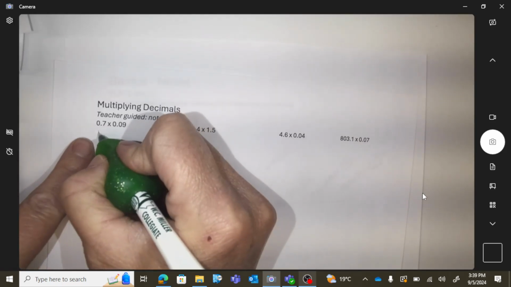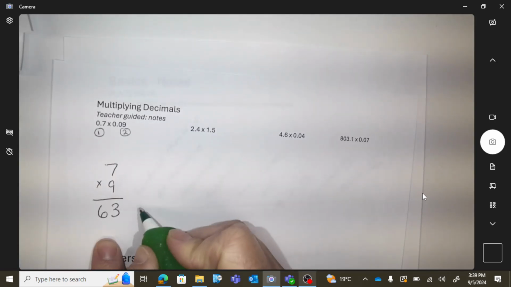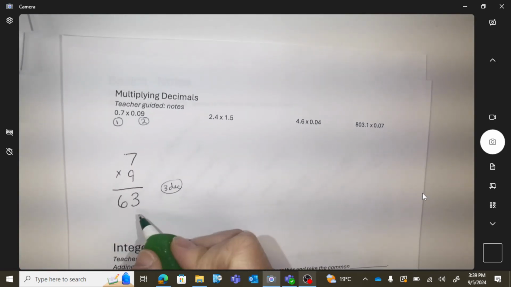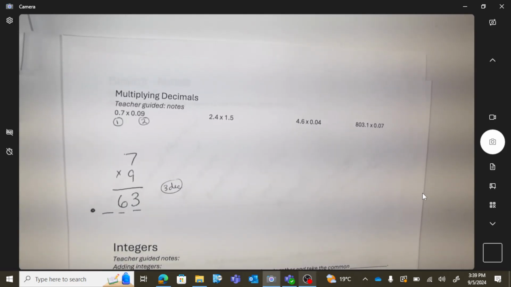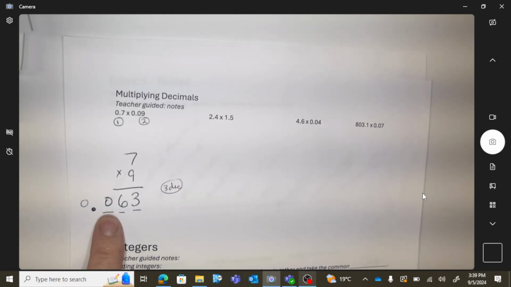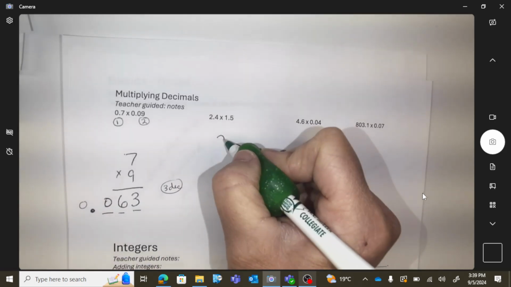So this one had 1 decimal place. This has 2 decimal places. So our final answer should have 3 decimal places. So 1, 2, 3, and then the decimal. So I'm going to need to put a 0 in there as well. Okay, so 3 decimals, 3 places after the decimal. So question 2,